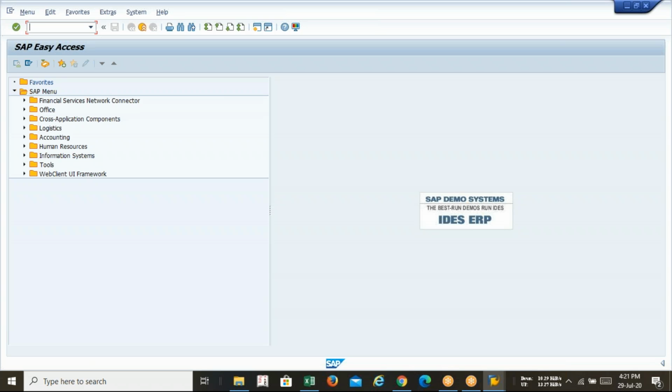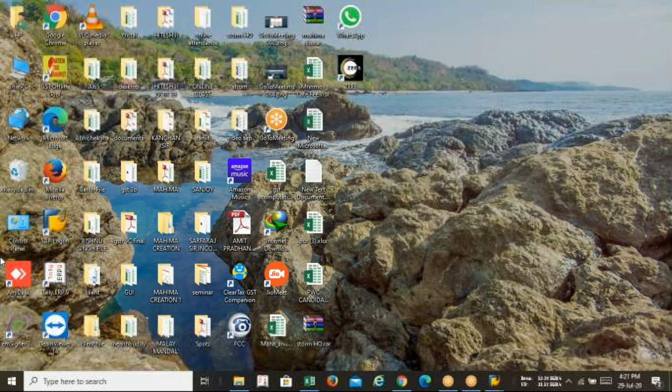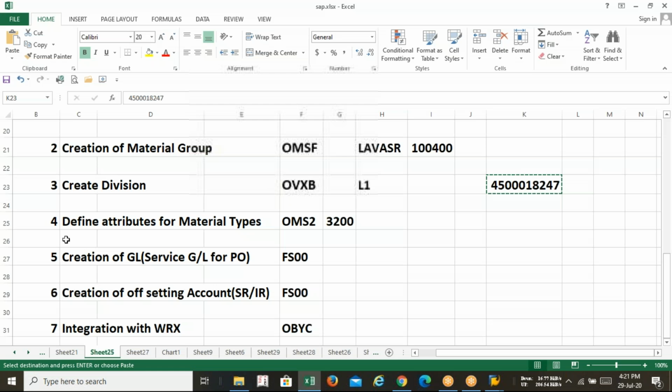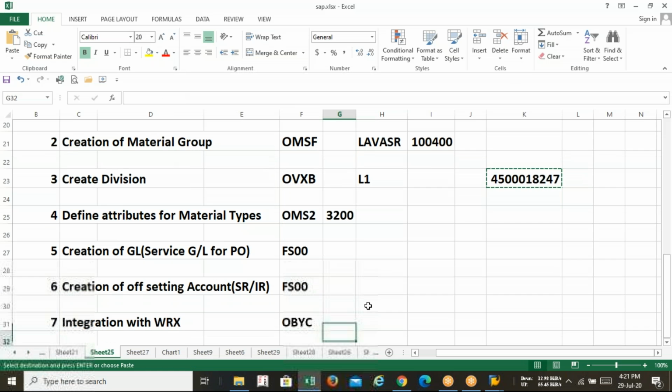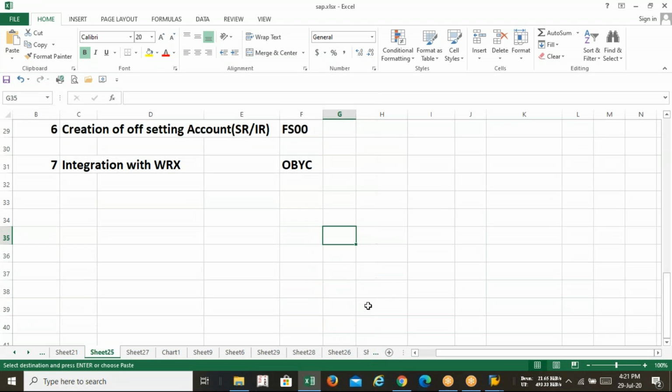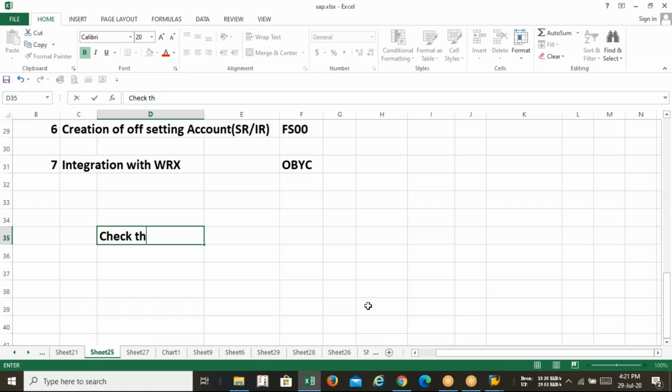But before the payment configuration, just tell me one thing. Did I discuss anytime how to check the vendor balance? I mean, how to check the vendor report? Did I discuss this part with you earlier? No, sir. No. Okay, so write down how to check the vendor report. Now come to the reporting part. After posting the MIRO, you have to check the balance of the vendor. So today we are going to discuss how to check the vendor line item display.